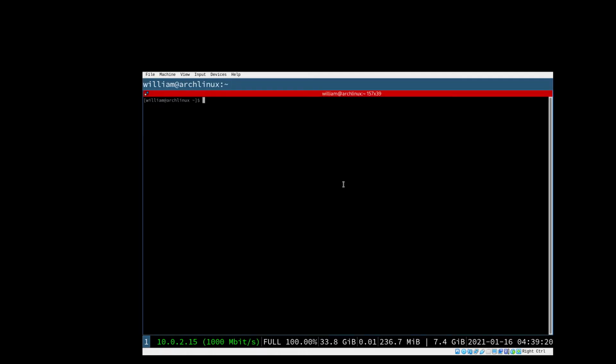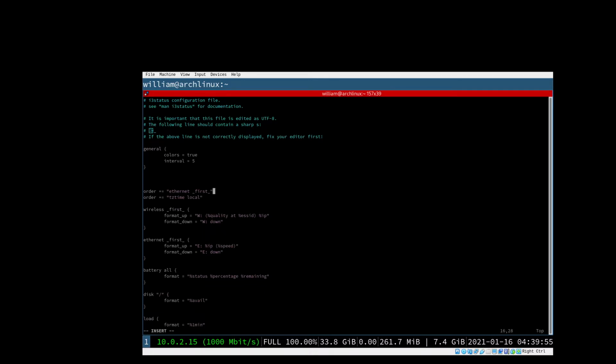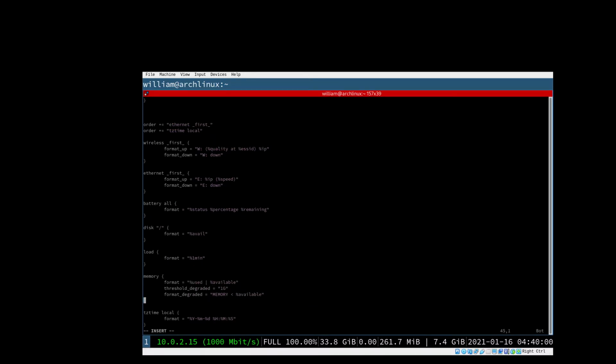But for now, we're just going to pop a terminal open, and we're going to type the following command: sudo vim /etc/i3status.conf. And from here, if you want to leave all this the same, you can, but in my case, I'm just going to delete most of this, since most of it's just useless information to me. Mostly just the disk, the battery, the load, and memory, as well as the wireless and IPv6 commands here. Not really going to be useful for me, since I don't have IPv6 on this machine, or